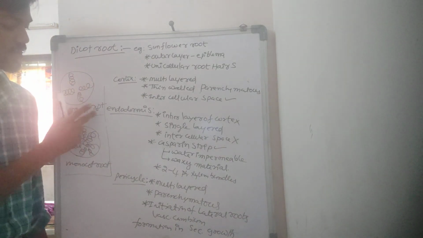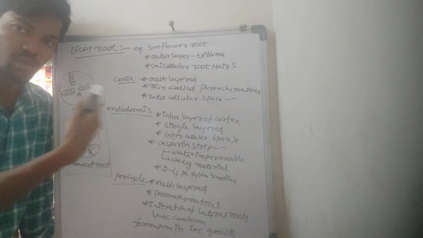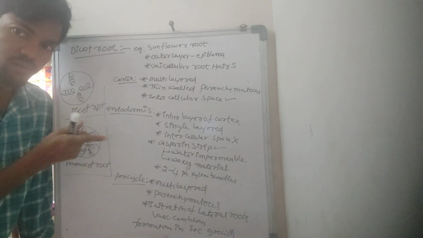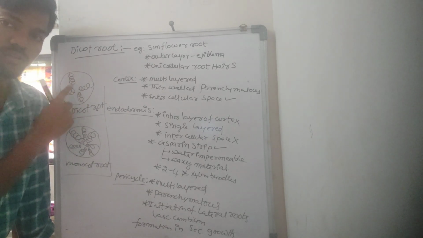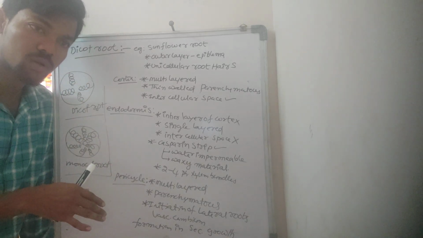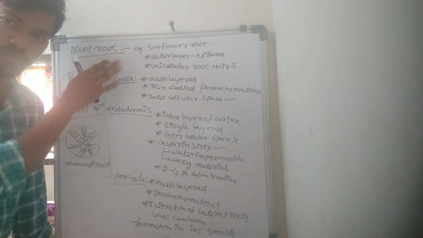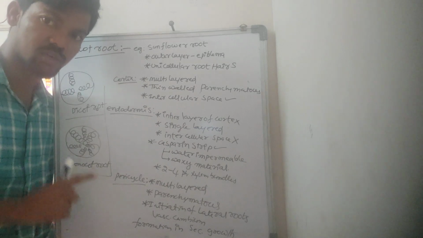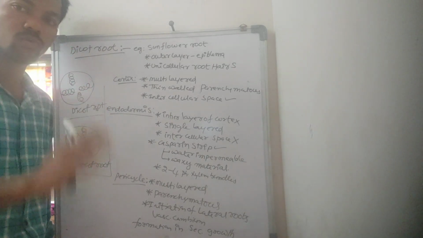Come to the dicot root and monocot root. I will explain the monocot root later, but here we have to show the difference. In the dicot root there are only 2 to 4 xylem bundles, but in the monocot there are many bundles of phloem and xylem. These are the main differences. The structure is otherwise the same, but we will have some differences. By looking, you can observe whether it is a dicot root or a monocot root.